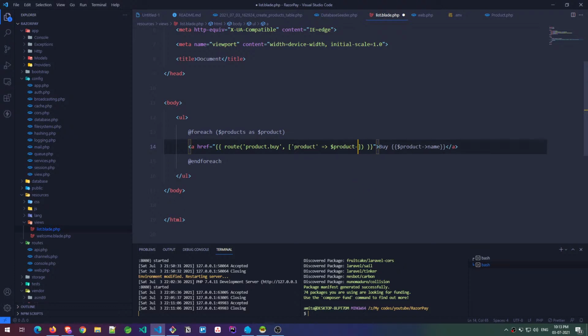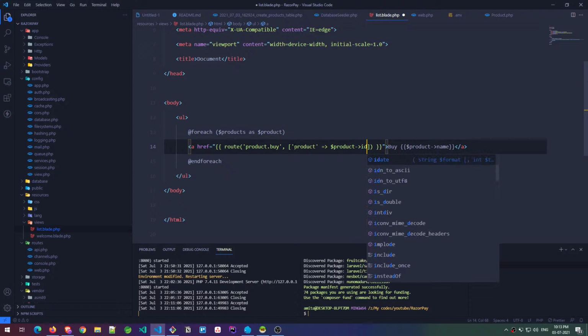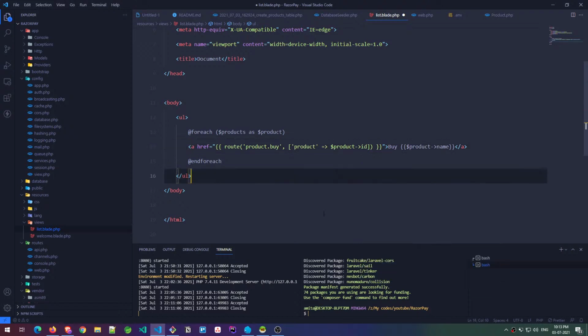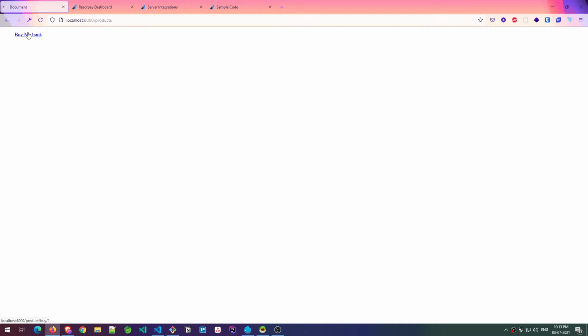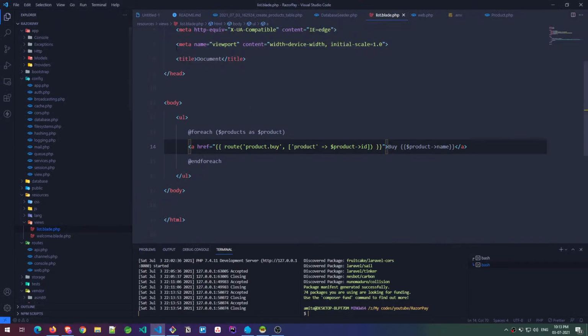Wow, autocomplete is not working. Okay, and route bracket close should work, I think so. Okay, right. So now